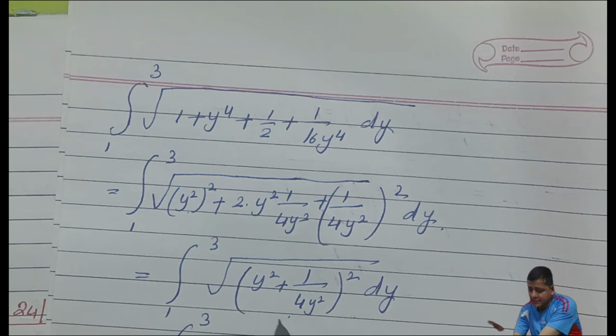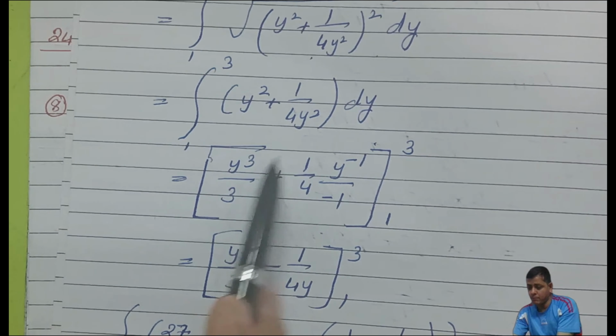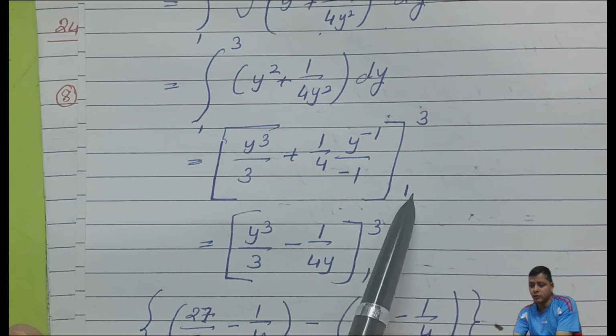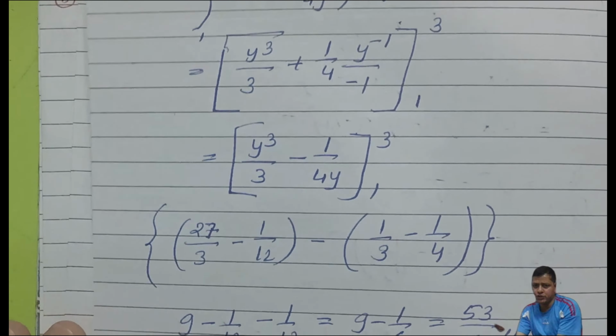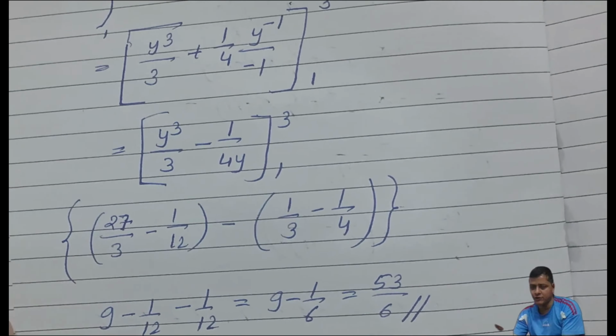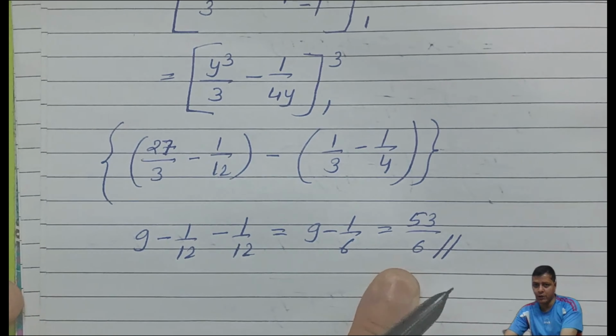After simplifying this on rough paper, you get this. And then again you got this, and now you just went for integration. In the integration, you substituted 3 and 1 and subtracted the lower limit from the upper limit to get the real value. So you didn't do much actually. You just did 2 times differentiation, and you did 1 time integration to get this value.